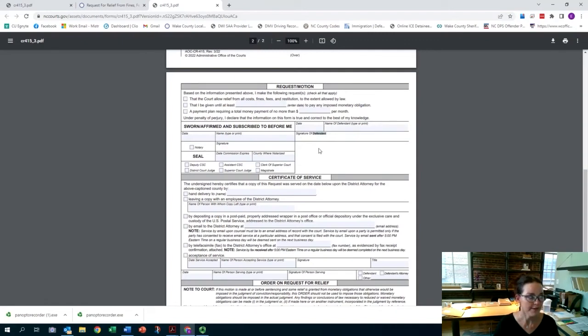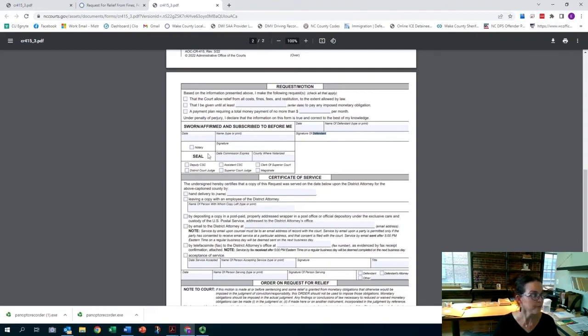Now, the important part of this is that this document needs to be notarized. What that means is that do not sign this document until you are in front of a notary. You need to take this completed but unsigned document and a valid photo ID with you to a notary. Notaries are typically found in banks and UPS stores. You can also sometimes find them in attorneys' offices. Once there, the notary will review your valid photo ID and then witness you as you sign the document. Then the notary will complete this portion of the document.